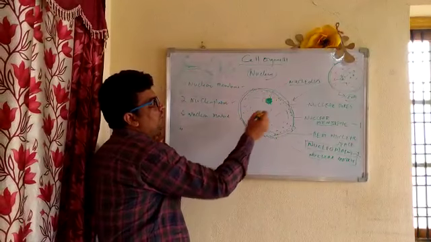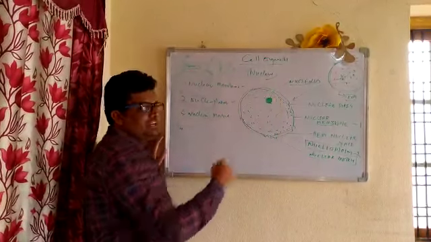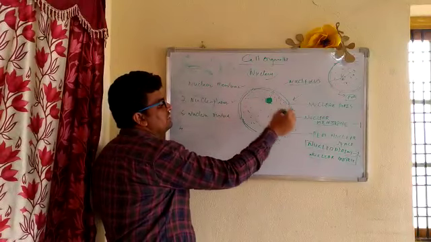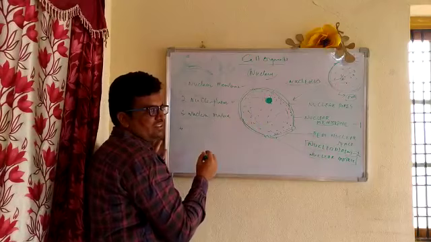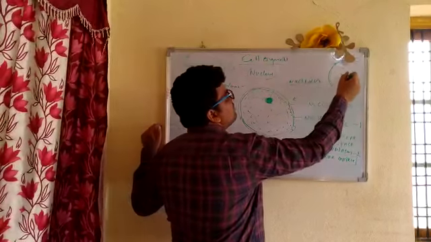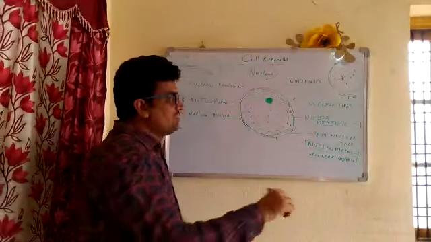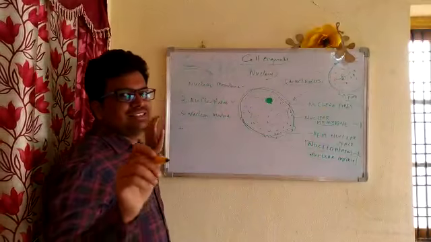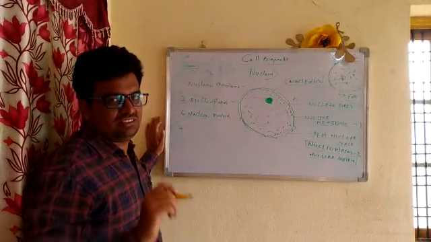And the fourth part is a dense body within the nucleus. It does not have any covering; we just discussed that it is an amembranous structure, a dense body. Actually, we discussed that in a cell the dense body is the nucleus. In the nucleus, the dense body is what? Nucleolus. Nucleus is different from nucleolus.